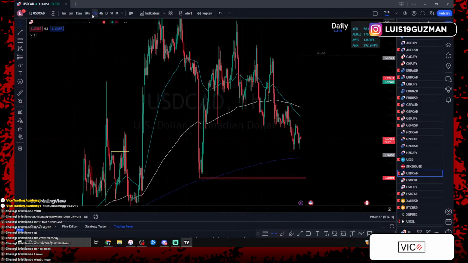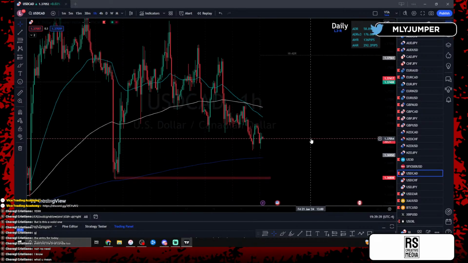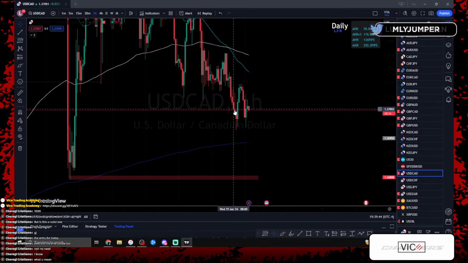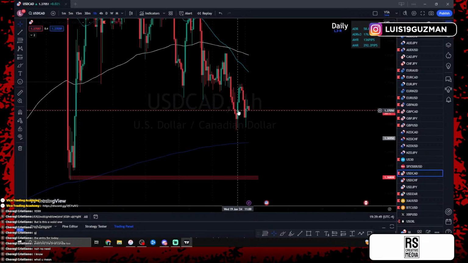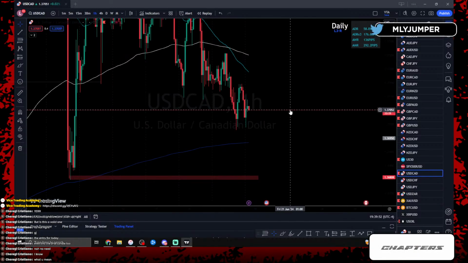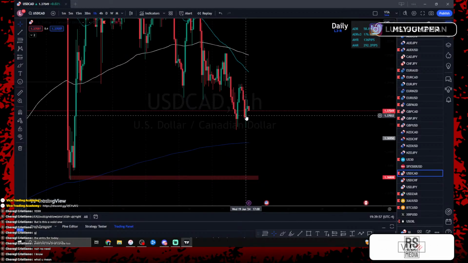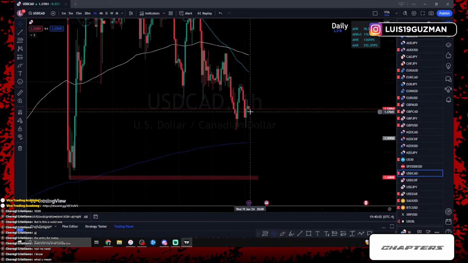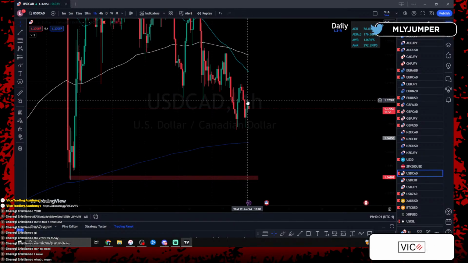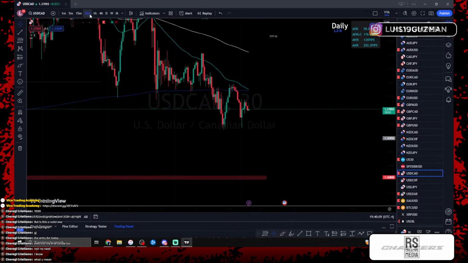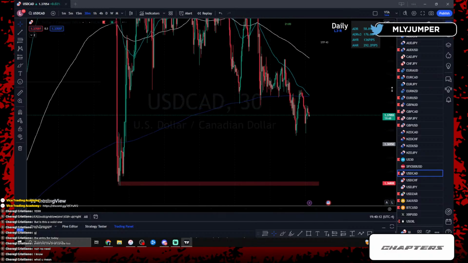In the 1 hour, we have a red, red, green, but again, the first red candle is not so strong of a candle. We have that crazy wick to the top. The green candle did not close above the first red candle, and we already know that it's not a strong retest because price went down into it once. Next candle went up and went down, just left a wick on both sides. The next candle was another green candle. The next candle was another red candle that just went back down into the zone. So we already know this is not the strongest place to look for these buys.